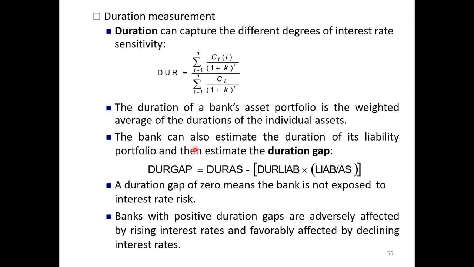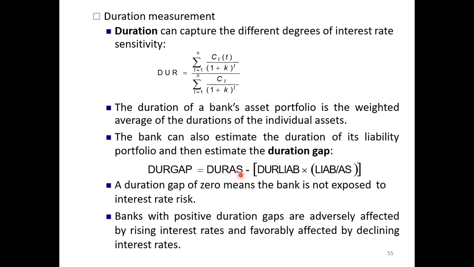The bank can also estimate the duration of its liability portfolio and then estimate the duration gap, right? So the same principle can apply to liabilities also. So how do we find the duration gap? It is not simply the duration of assets minus the duration of liabilities. It's a little different. So duration gap equals duration of the assets,